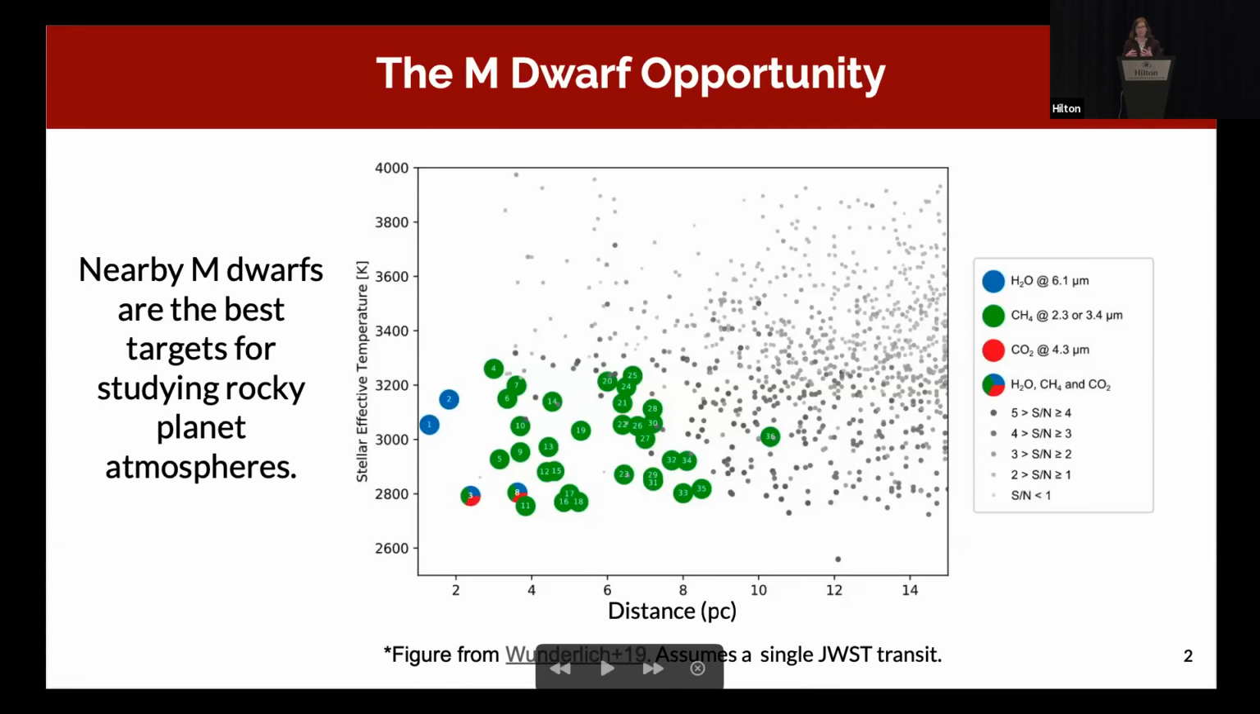M dwarfs provide us with the best opportunity to study rocky planets, as M dwarfs have the largest radial velocity signal, as well as transit photometry signals. I particularly want to call attention to the JWST transit photometry, where we expect that signal